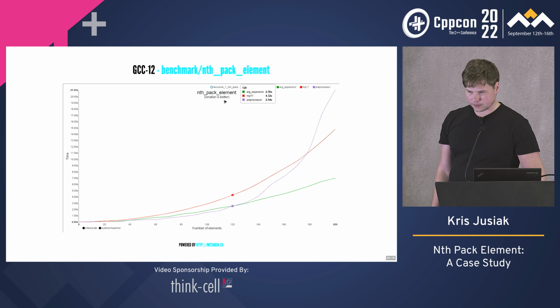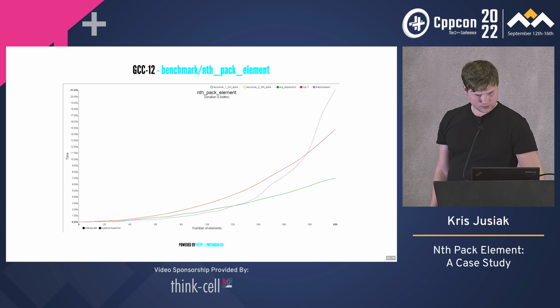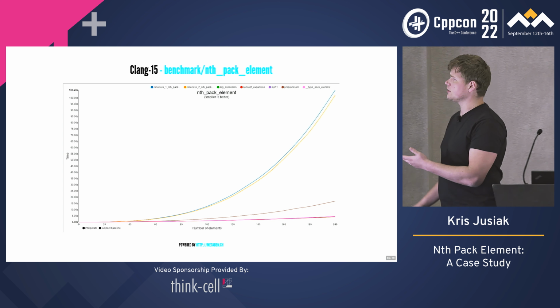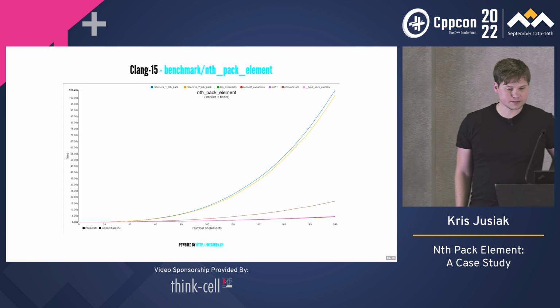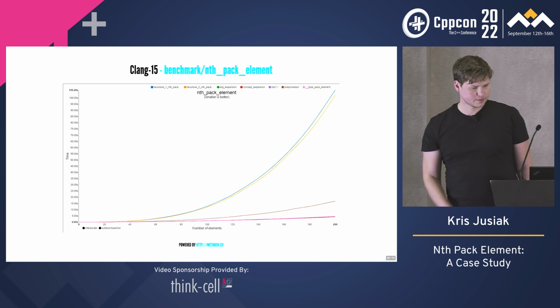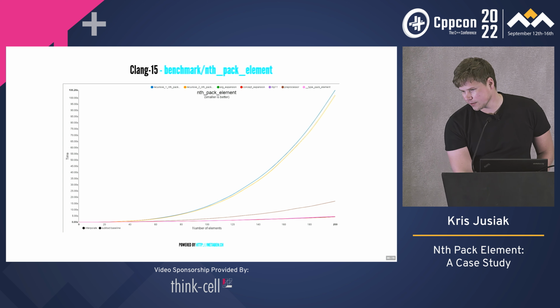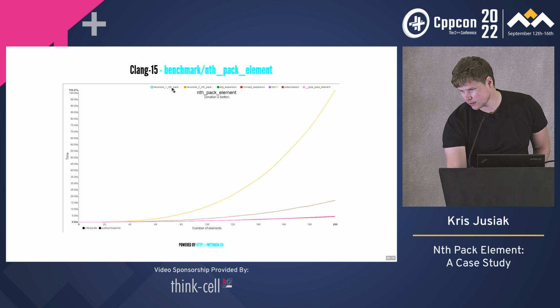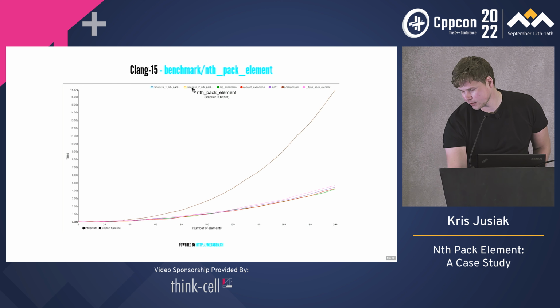How does it compare to Clang? And that's GCC 12 and Clang 15, so like the newest ones. We have kind of the same results. Recursion and preprocessor, they're out of the question. And then we have to disable them. So if you disable that and that, second time, and if you disable the preprocessor,